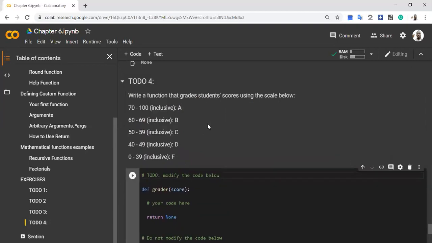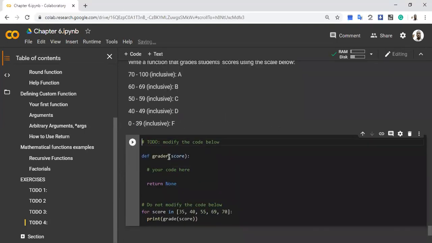So that returns the grade of a student based on this. Your grader is going to accept a score as input and is going to return the grade of that score. So here I have a code that's going to test it. You can run it for yourself. You don't have to modify this code. It's going to test if your function